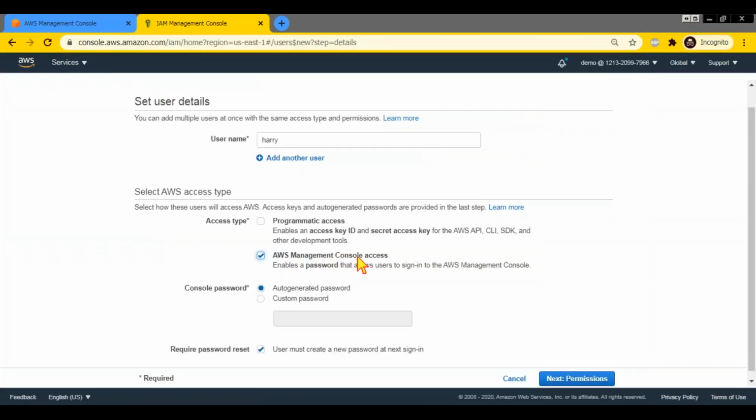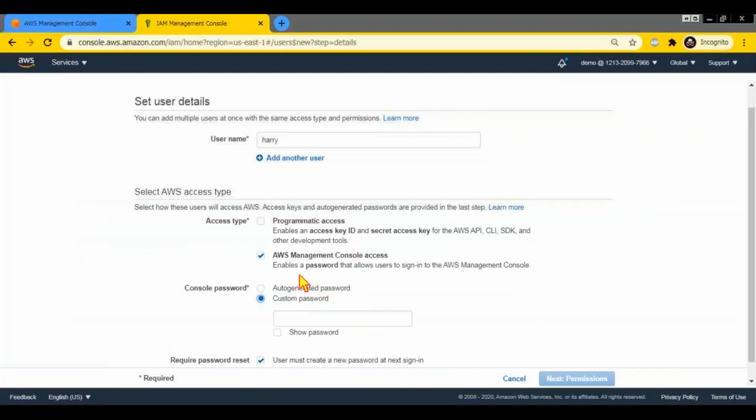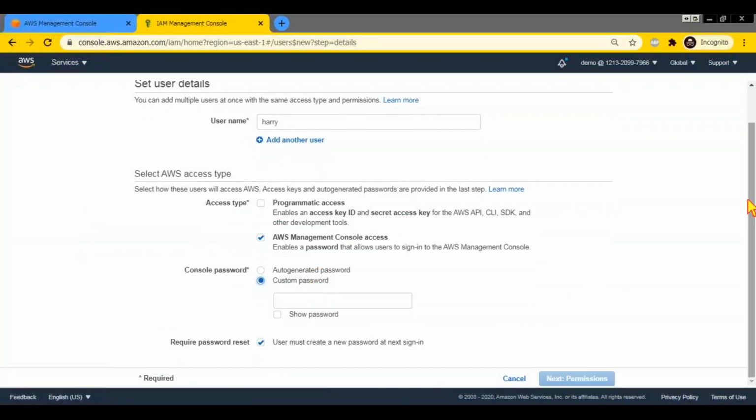So first I will give this user AWS management console access, which is our official GUI. For the password, you can create a password or use an auto-generated password. I will just put some password. All these are basic configurations when you create a user. I've created a password, and you can say the user must create a new password at next login. If you want, you can keep this enabled so that when this user logs in, it will ask him to change the password. It's a good practice, but I'm not going to enable that for now.